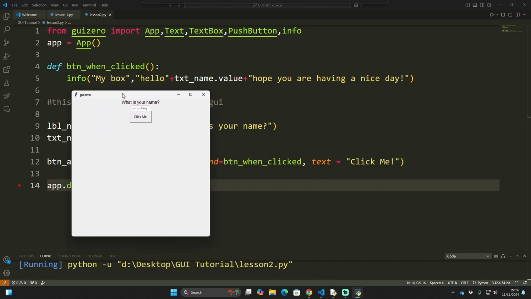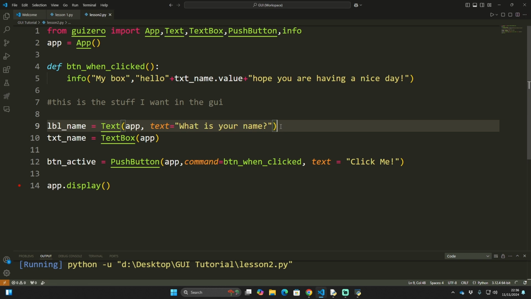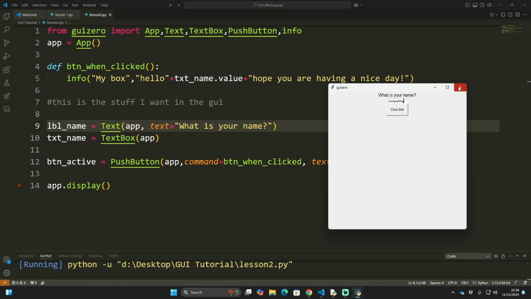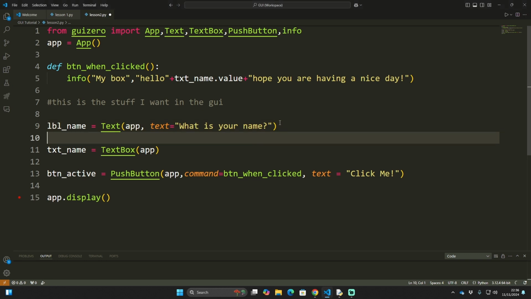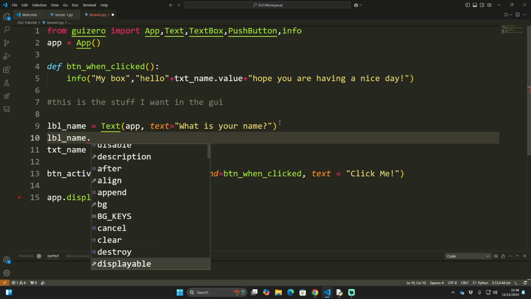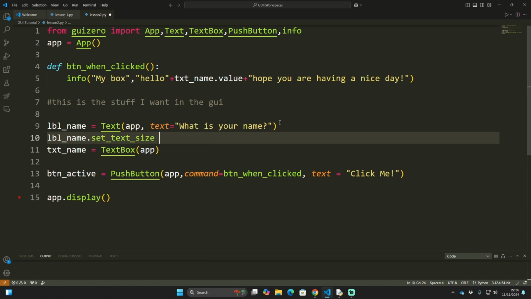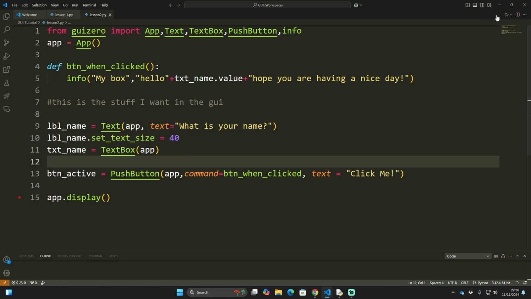So, of course, if you look back on lesson 1, you should be able to figure out how to change the size of what is your name. So that's label name. So if I close that, and if we think back to that first lesson, label name dot, and there's all different things we can do here. Okay, so there's loads of different things, and we're going to be having a look at some of these very shortly. But if I just set that to set text size 40 and save it and run,